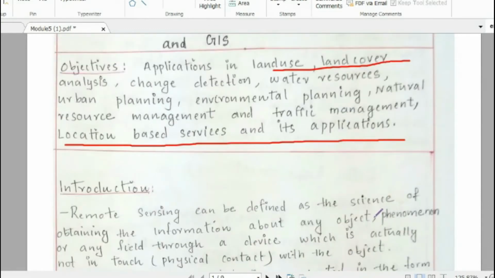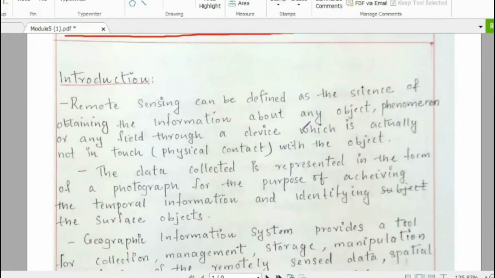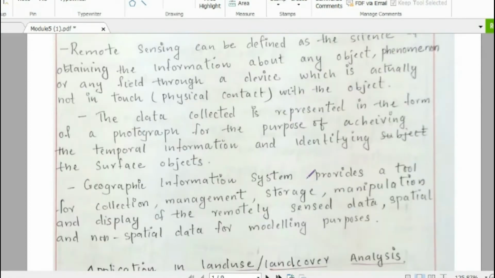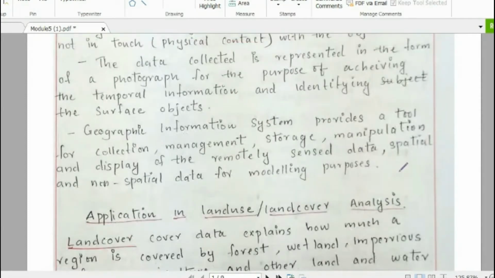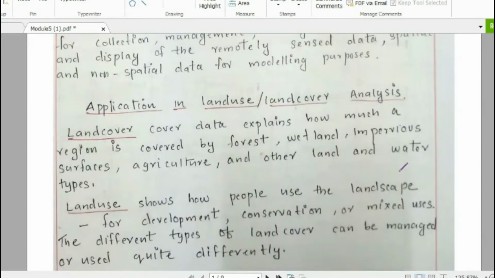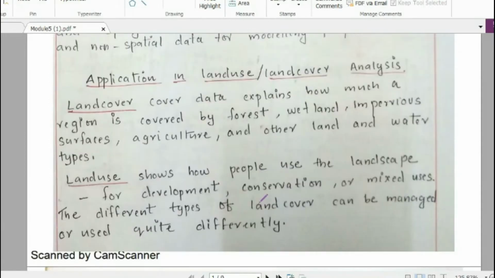If you get a question, explain the application of remote sensing and GIS in land use and land cover analysis, you have to first explain what you mean by remote sensing. Just brief it with the definition and its importance. Then you can add on about GIS. Then we can start the application of land use and land cover analysis.